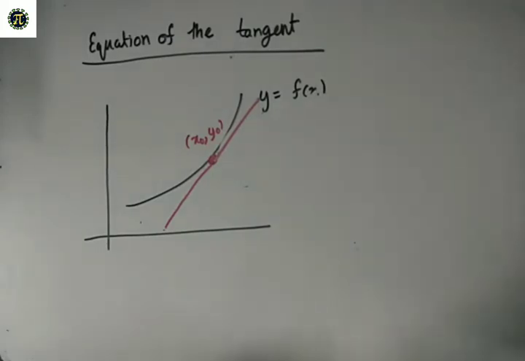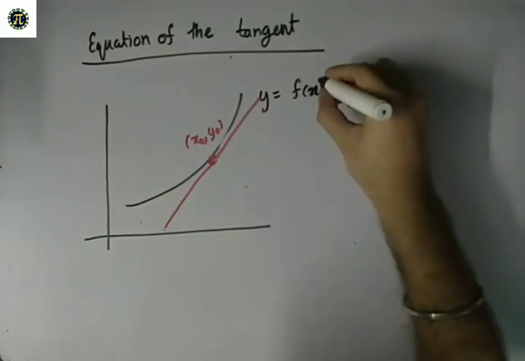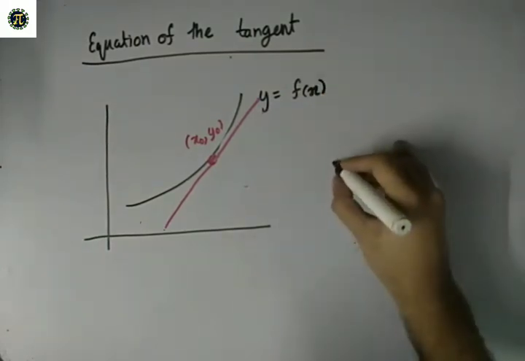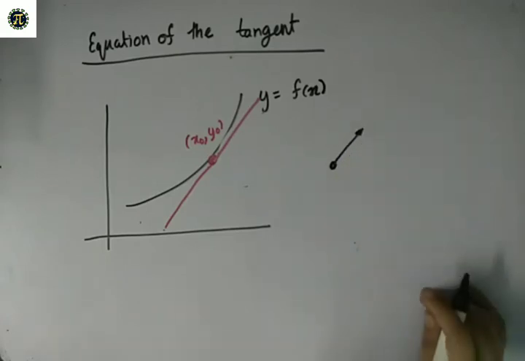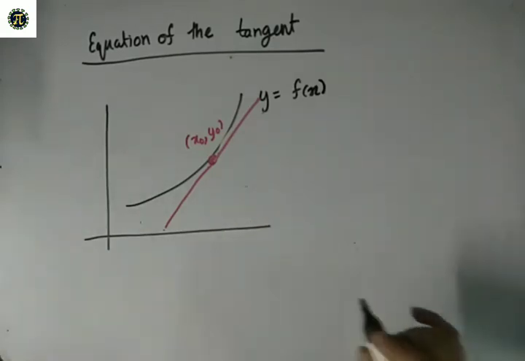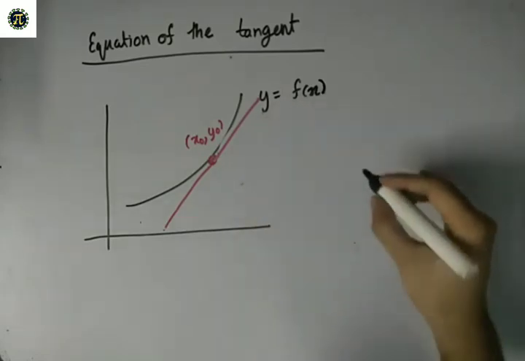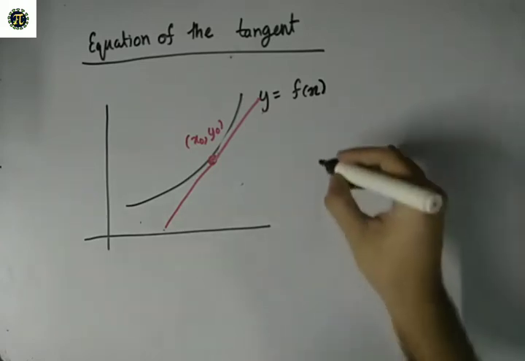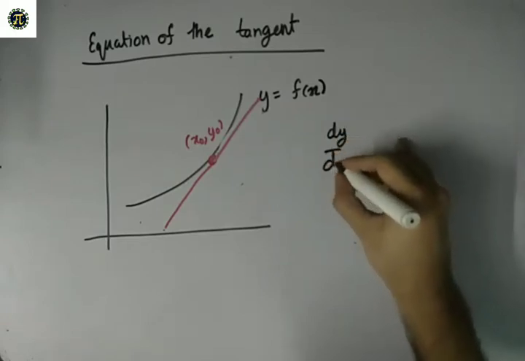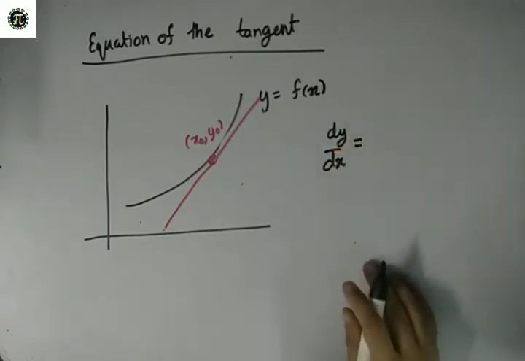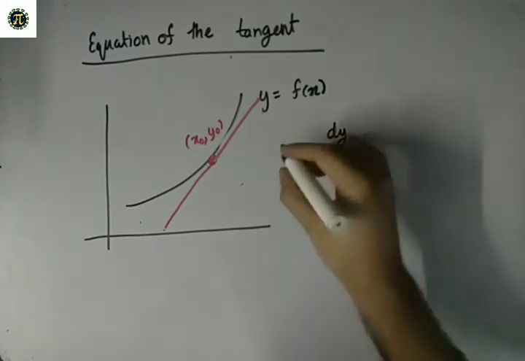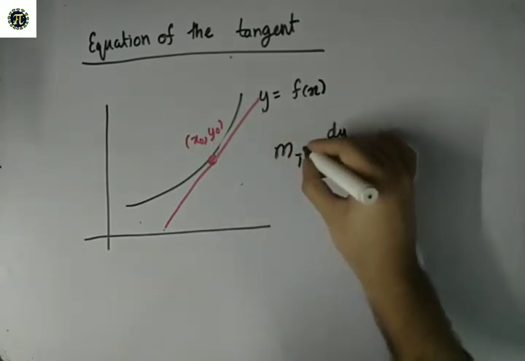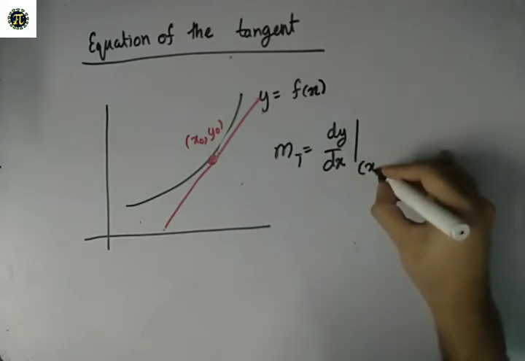So what we need is the one point form, because to construct a straight line we need a point and a direction, and we have learned the idea of the direction. How do we get the direction? We know the slope of the tangent at any point is equal to dy by dx, or the differentiation. So we have learned that, by the first principle or from the last lecture, that this is the slope of the tangent, right? But dy by dx at some particular point x naught comma y naught.